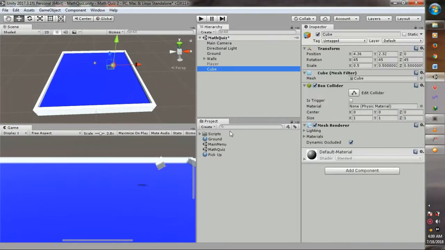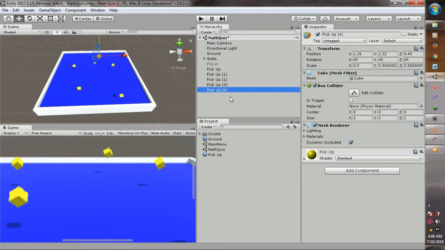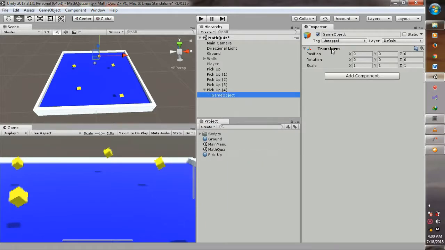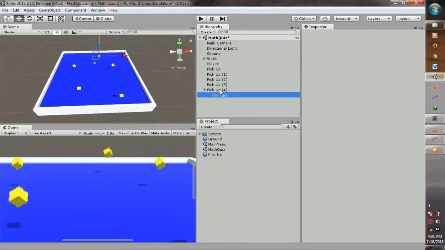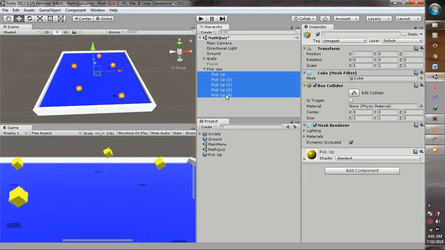Okay, and then drag the pickup material to the pickup object and copy the pickup until 5 pickups, and drag them wherever you want, and create an empty object to make the folder pickups and put all of the pickups into the pickups folder.